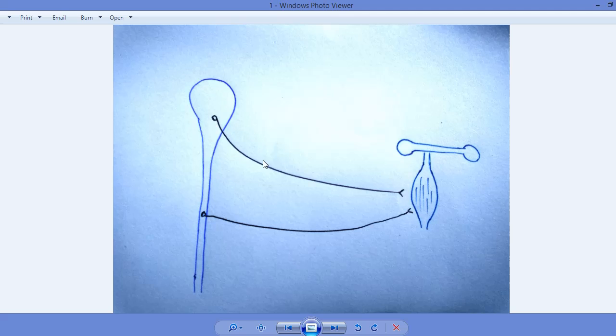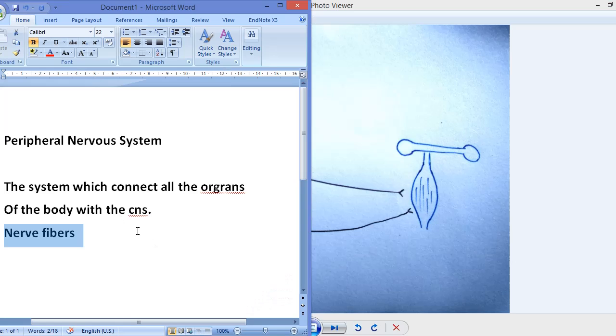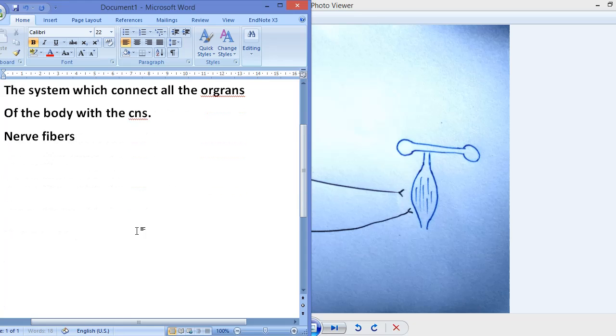This consists of fibers. You can see this is a fiber, this is a neuronal fiber, a neuron. This is a nerve, you can simply call it a nerve. This nerve connects the central nervous system with any organ of the body. Now this system further has two types. First of all, you should know that the